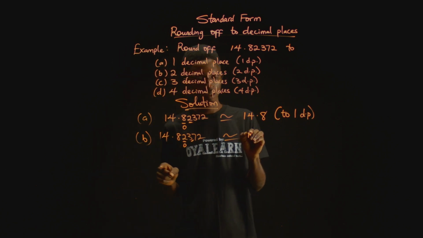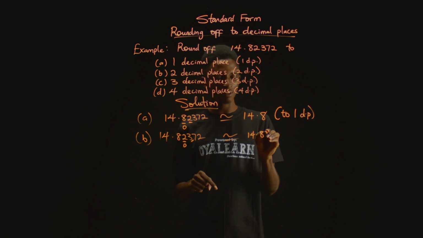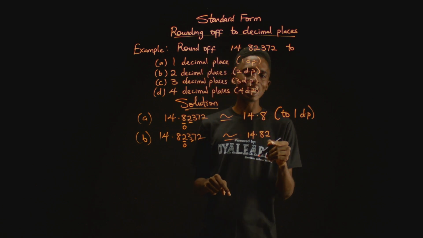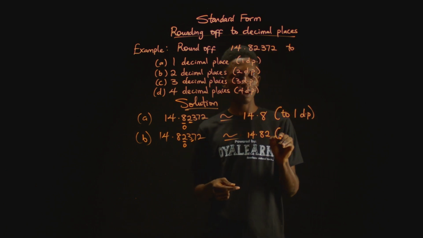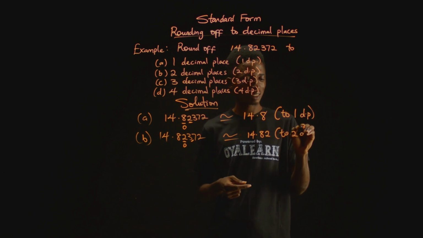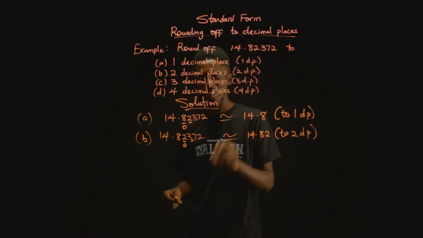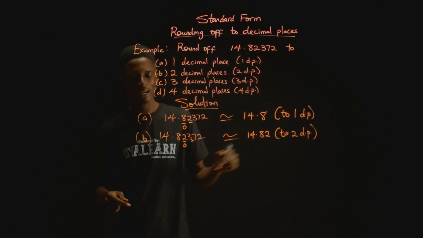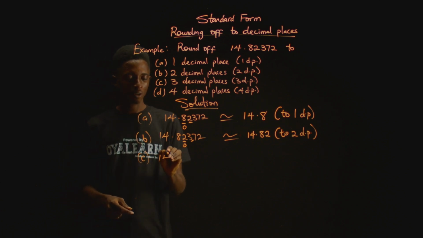And that will give us 14.8. Now 2 plus 0 gives us 2. You see that in our answer, we only have 2 digits after the decimal point. That means we have rounded off to 2 decimal places. So this is the answer to 2 decimal places, 14.82. Now see, we are still rounding off